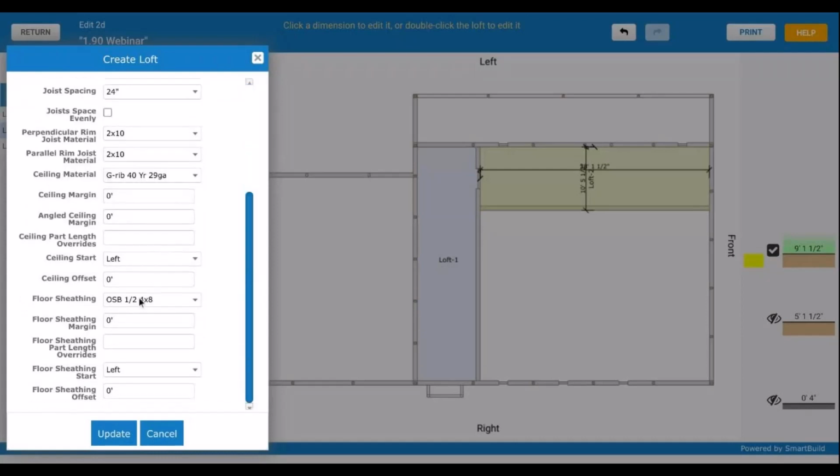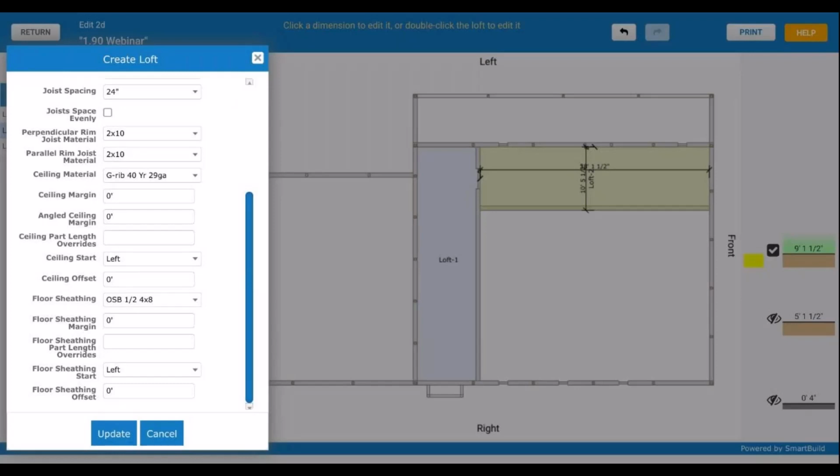And then it ignores the ceiling, because the ceiling is going to go inside. But we have this OSB 1/2 4x8. Now I happen to know, because I peeked, that your OSB 1/2 is actually 1/4 of an inch thick. So we were at 8 foot 9 1/4 plus 1/4 inch, which is 8 foot 9 1/2,